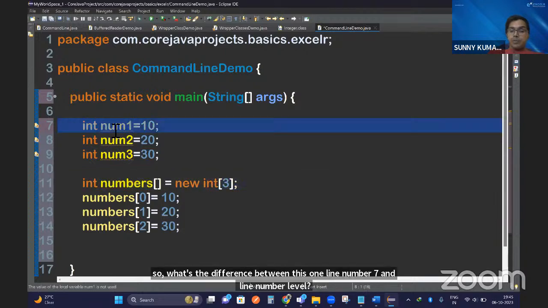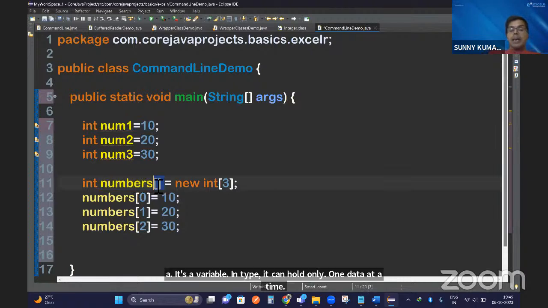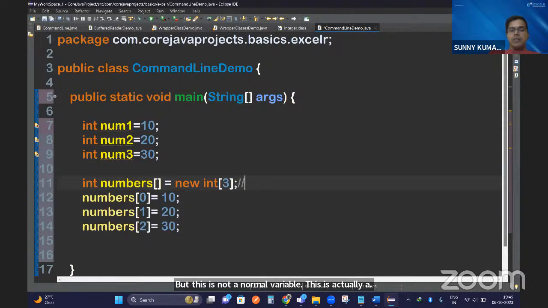It's a variable. It's a variable of int type. It can hold only one data at a time. But this is not a normal variable. This is actually an array. Okay. This is an array. This can hold